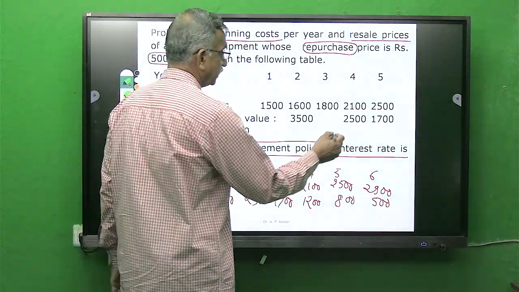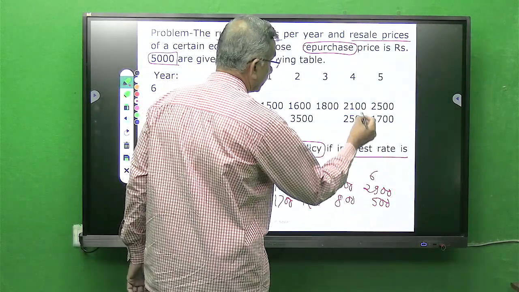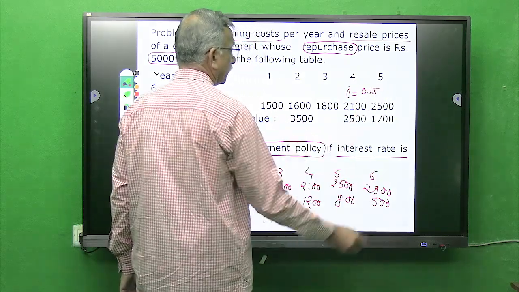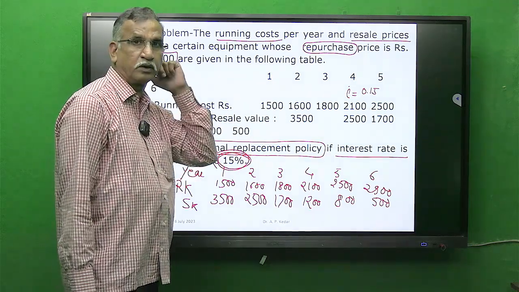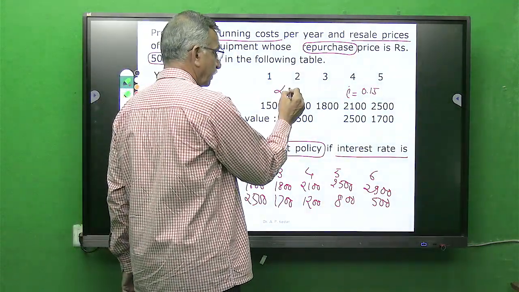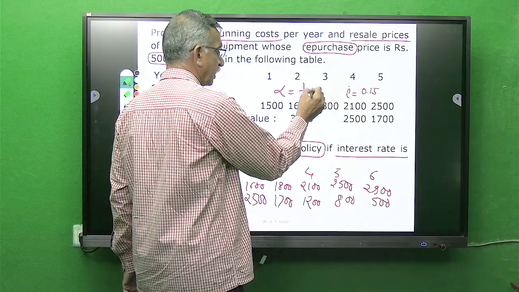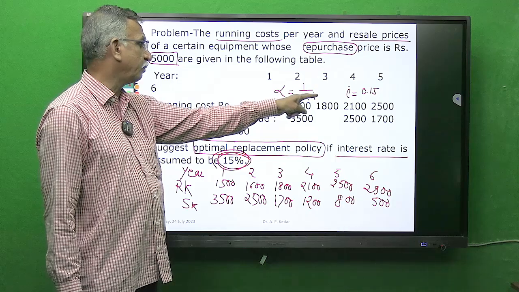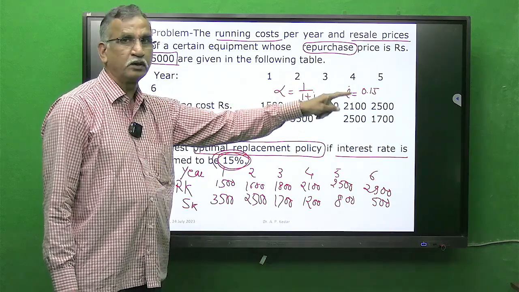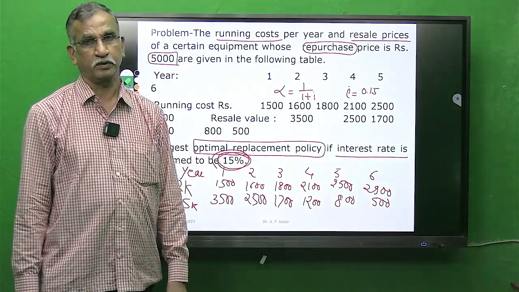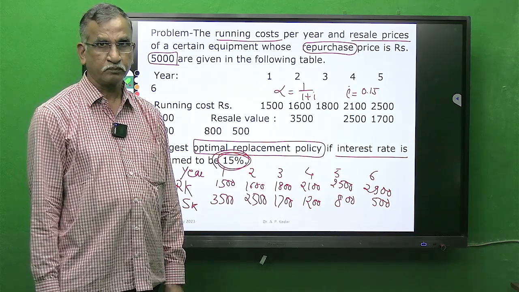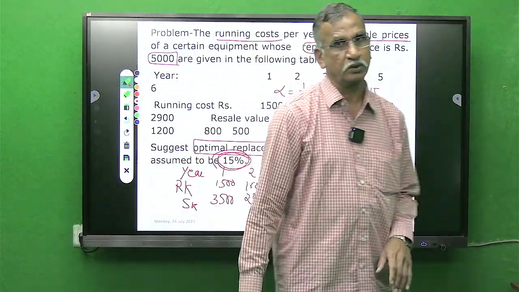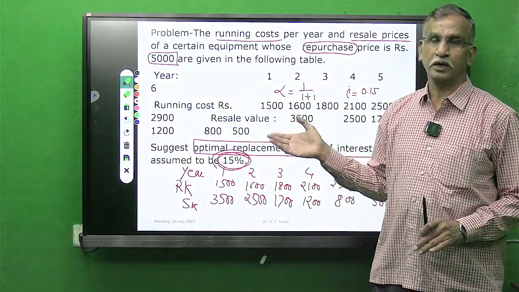So what is given here? For you, I is given as 0.15, and we know that whenever I is given, we have calculated alpha as 1 upon 1 plus I. So here what I will do, I will replace this I by 0.15, 1 upon 1.15. That will give me value of alpha. Got it? Clear? Rest of the analysis is similar to what we have carried out in our previous problem.